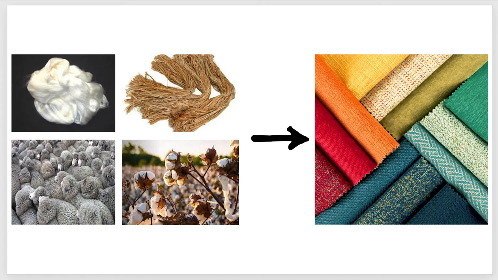There are many other types as well, like synthetic fibers, which are artificial fibers. These fibers do not have a plant or animal source. Like here you can see that this is the silk fiber, so this needs to be extracted or taken from the silkworm. Jute fiber needs to be taken from the jute plant, but synthetic fibers don't have to be taken from a plant or an animal. They can be created in a lab. And there are many other types of fabrics and fibers, but in this chapter we'll be learning about two main types.